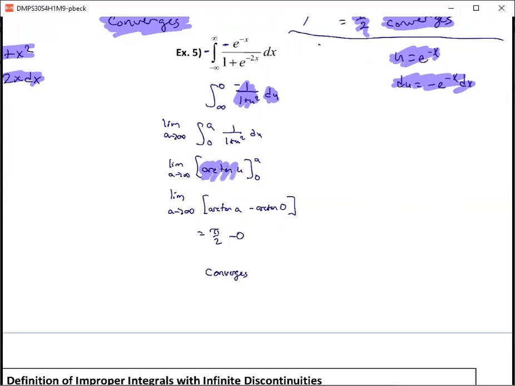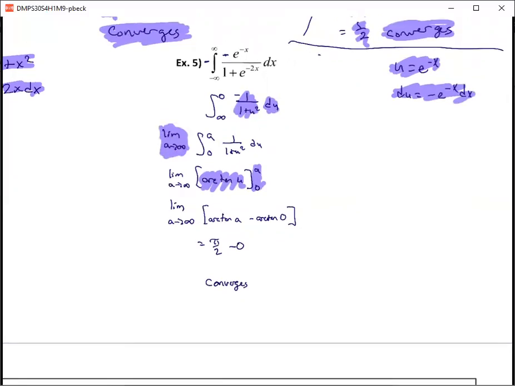So the arctangent of u going from 0 to a. And the reason I went from 0 to a, keep in mind, this is where I probably need to say something about this. The limit as a approaches infinity. If a is approaching infinity, I didn't actually write this, which is kind of weird. All right, so as